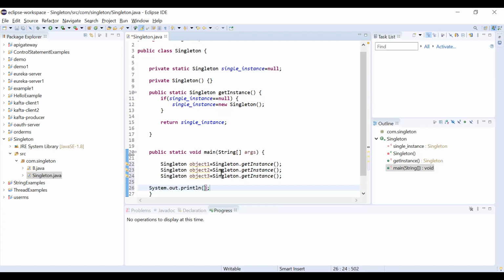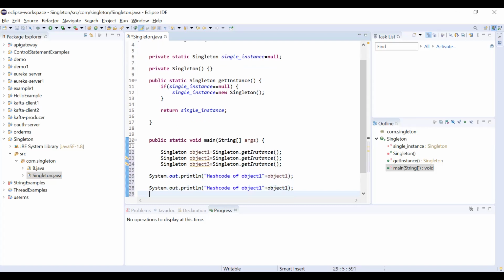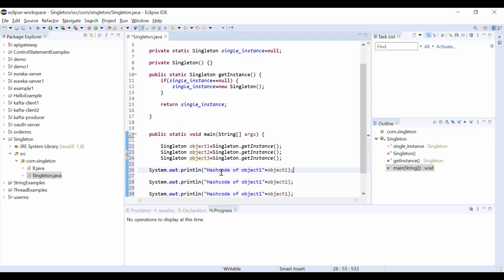Now we are printing the hash code of object 1. The same thing we need to do for object 2 and object 3, changing object 1 to object 2, and the same for object 3.